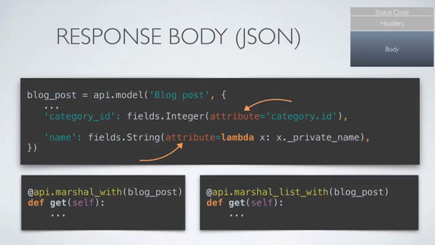So to attach this serializing model to the endpoint, we use the marshal_with decorator, or if we're expecting to return a list of objects, we would use the marshal_list_with decorator. And that's all you need. Then you can return an arbitrary object from your function. It can be an ORM object, or it can be a data structure representing something. And only those fields that you specify in your API model will be returned to the user. So the user will see what you want, and you can hide some things or change the formatting of some things this way.